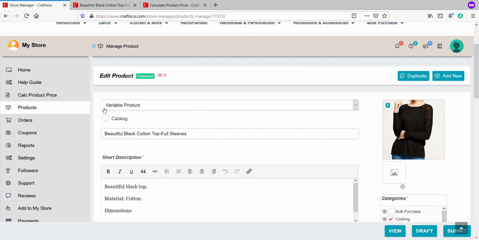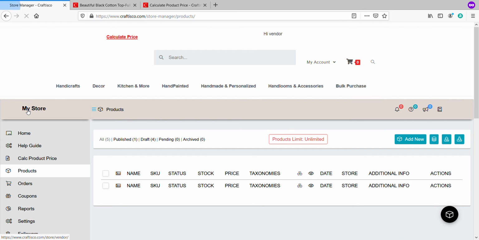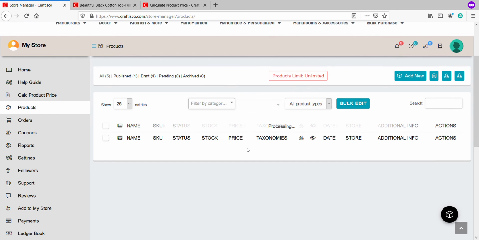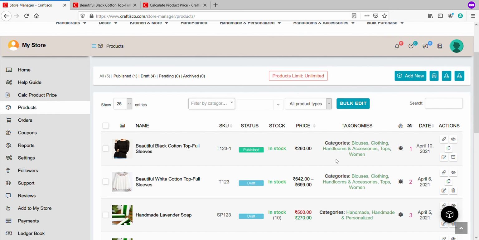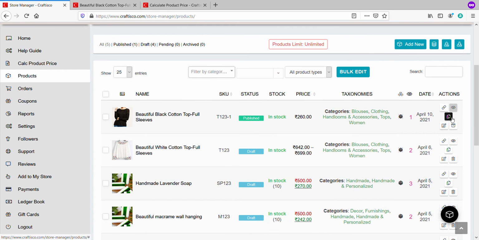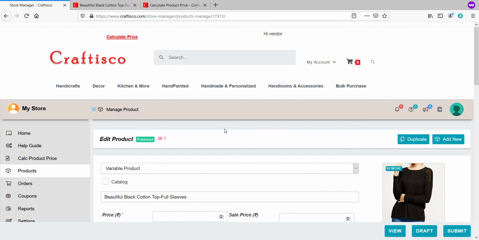Just a summary, you can duplicate an existing product if you don't want to create it from scratch. If your products differ only in a few things, say for example, differ in price or just one or two words, rather than creating a product from scratch, all you can do is duplicate a product, right? You can do it from your dashboard, or you can go to the particular product and do a duplicate. So this is how your duplication works.